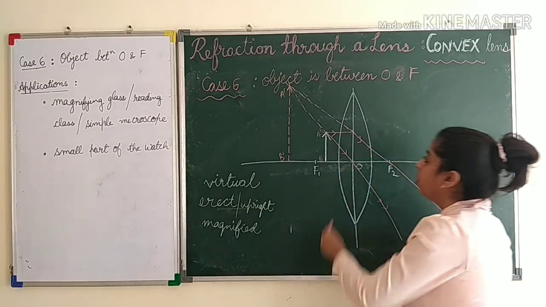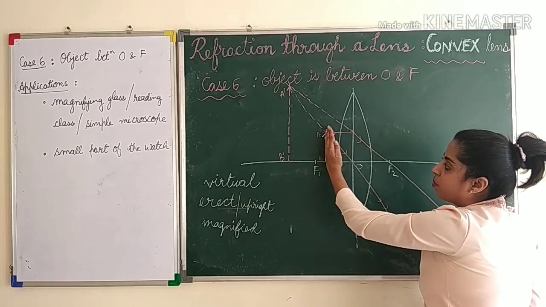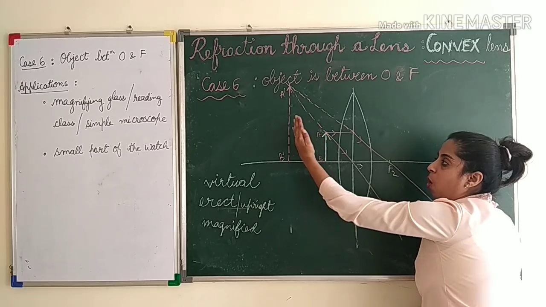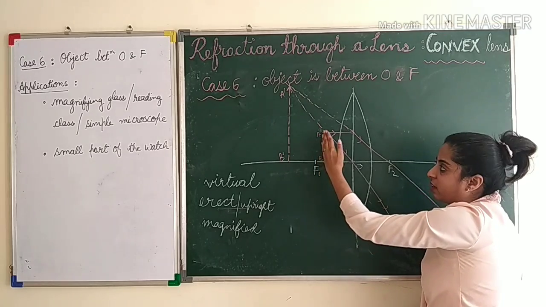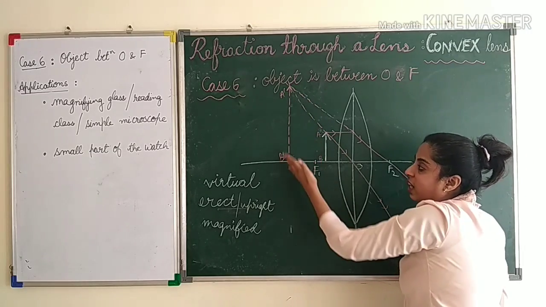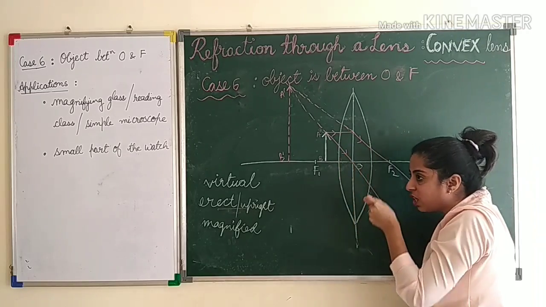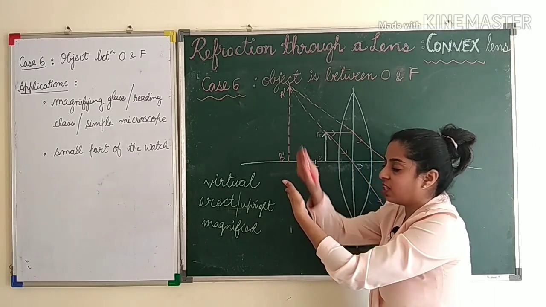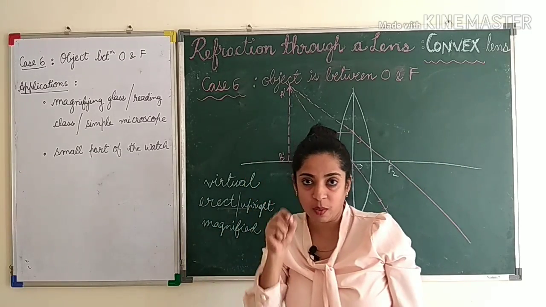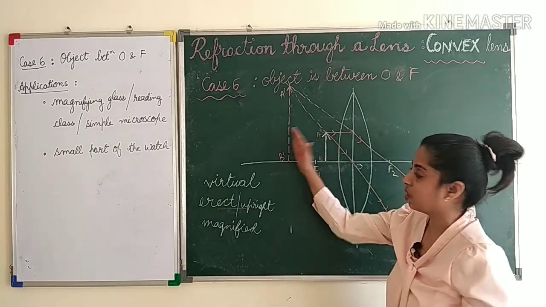See, here what we do is, we will place a magnifying glass, and this is the object that we are reading, and we will look from here. Suppose we are reading ABCD. So those ABCD actually is this size, but we see this size on the same side of the lens. We try to see this object with the magnifying lens and we see a bigger image, right? Similarly, it is also there in small part of the watch. The small numbers are written and in that part we can see the enlarged image on the same side, because it is formed on the same side.